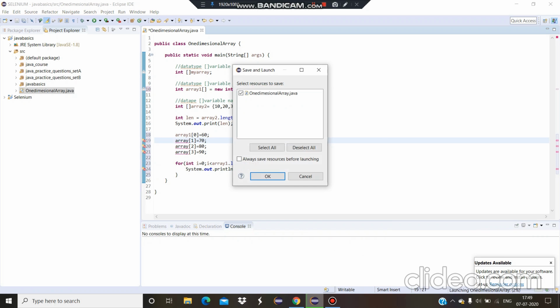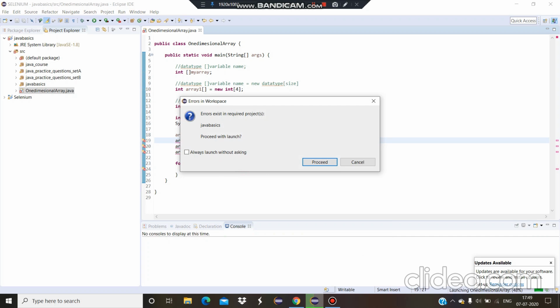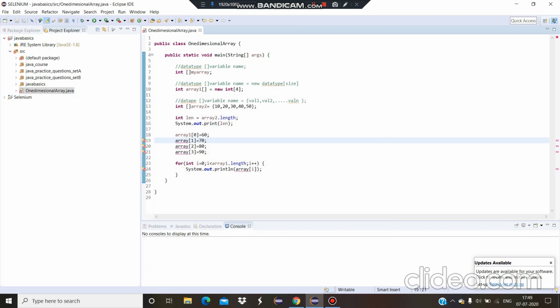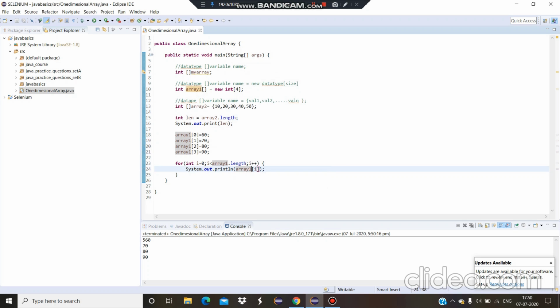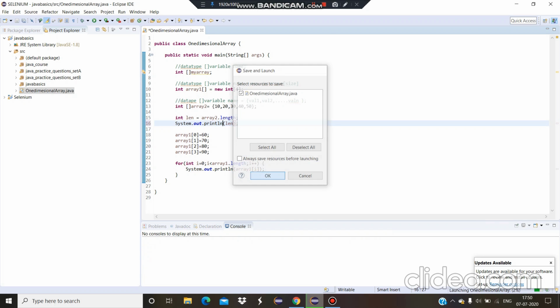Run. Okay. Wait 1 second. And yes, we will run it and see the output. Wait for it. I will give println here so you will be more clear.